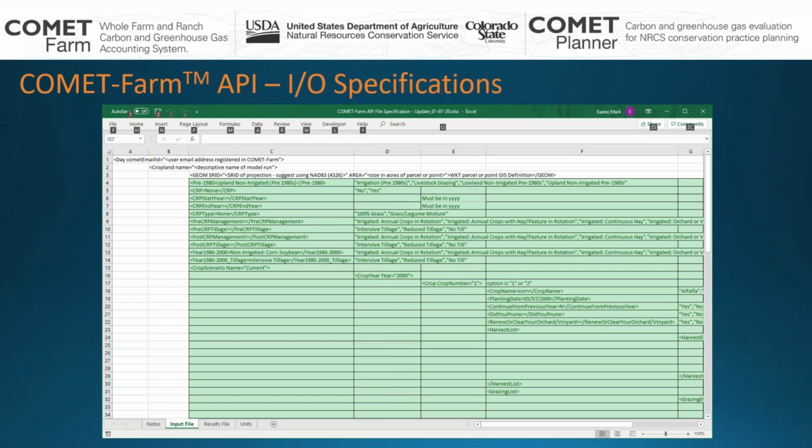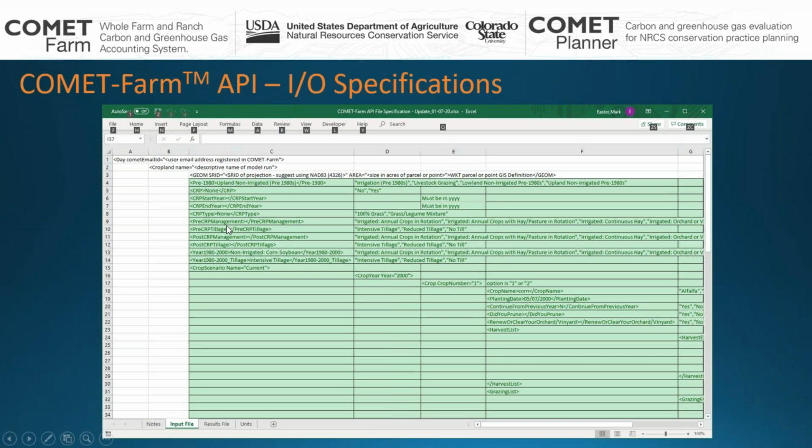So some of the details that we offer within the GitLab repository are specifics on the input-output files. And we have an Excel file that we've uploaded there that we're currently maintaining. The most current version is from June 2nd. And in that file, we explain all the details around what the input file of an XML input would look